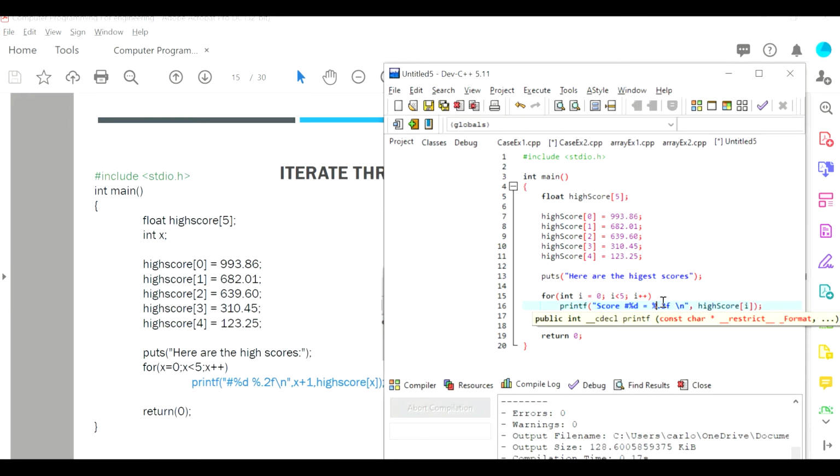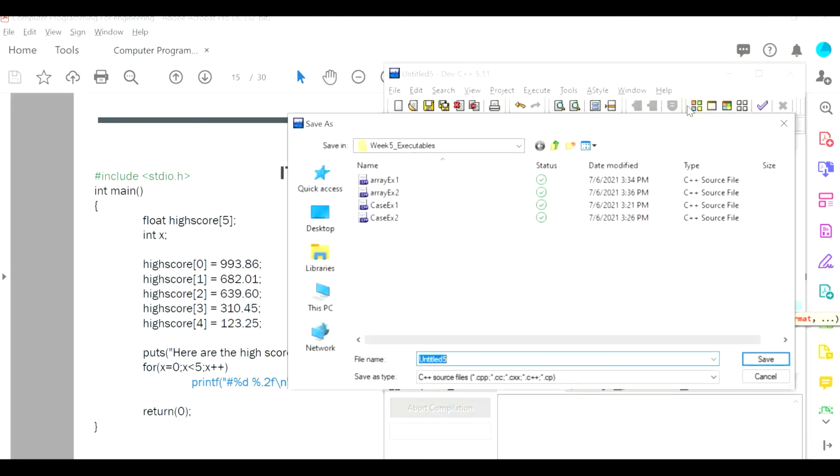So all this part is doing is printing a float type, but we want to print 2 decimal points. So if we run this, and we call this example 3,